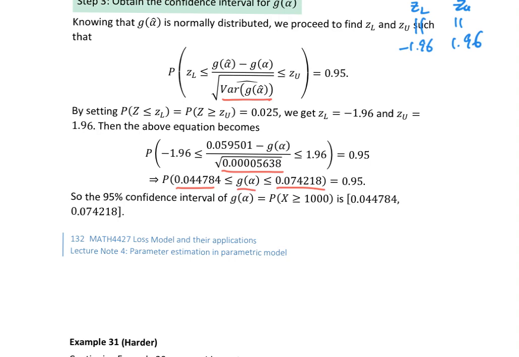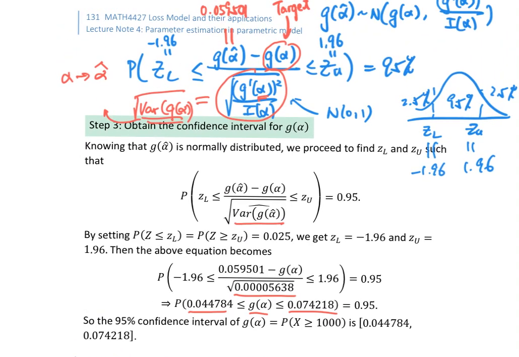And this is how we find the confidence interval for the function of some unknown parameter in your distribution function. Here I just want to bring out one important technical remark: quite often, if we want to find the confidence interval for the function of the parameter, one trouble is that your denominator, which is the square root of the variance, is usually a very complicated function of the true value of the parameter. In order to find your confidence interval successfully, usually we will try to approximate the